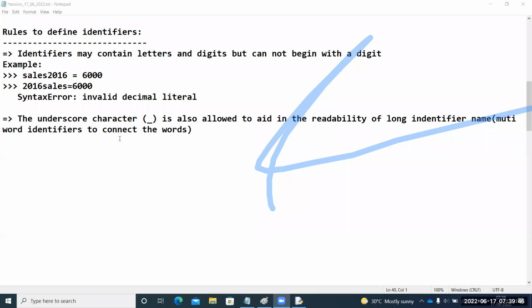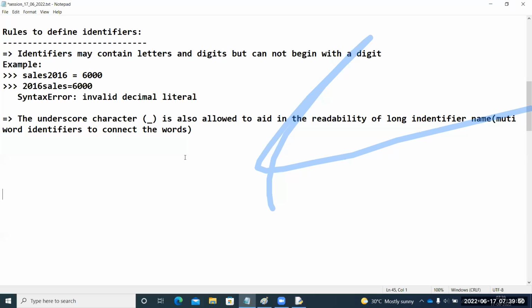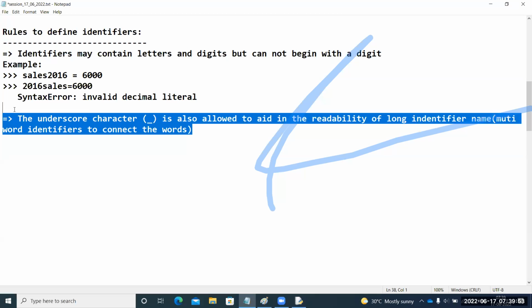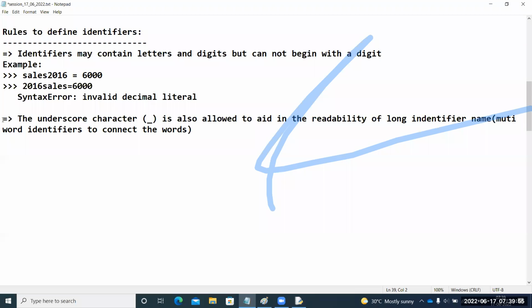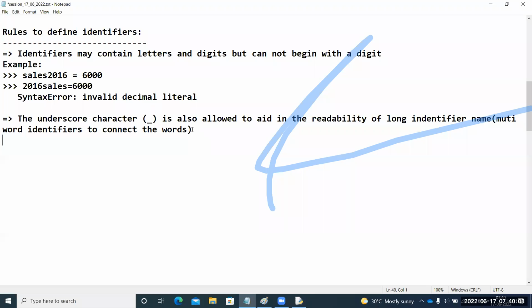So understand, guys, what is the goal of a professional programmer? Your logic should be very simple. Why? Because you will be working on a project. Later on, you may leave the organization and someone will join, and he should understand that code. That's why code readability is very, very important, guys. You should write very simple logic and use comments. That's why you must follow some very good programming conventions also.